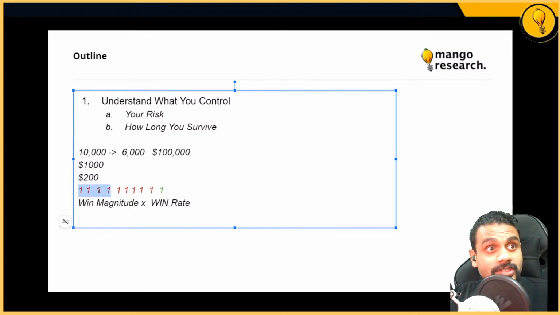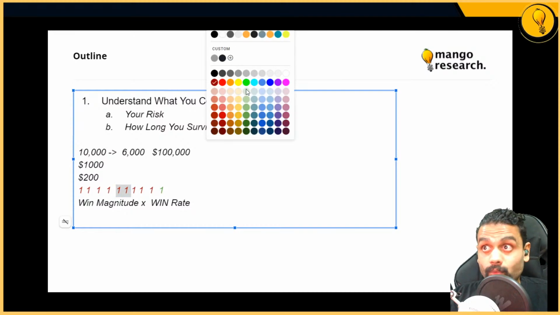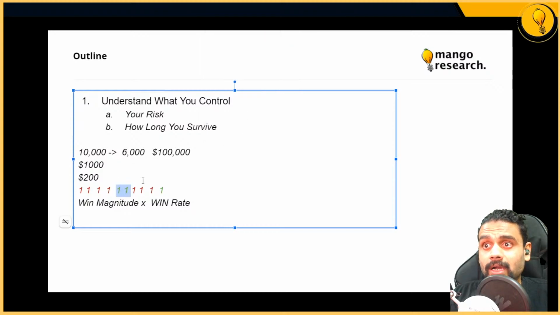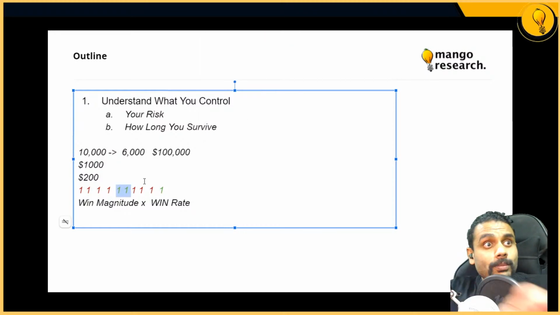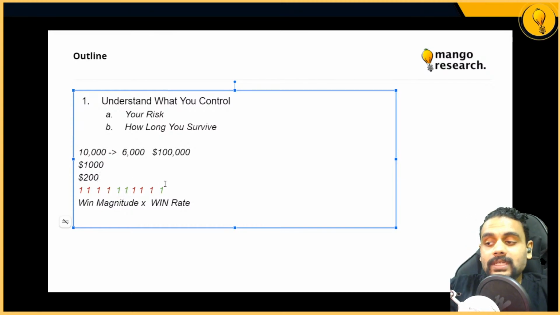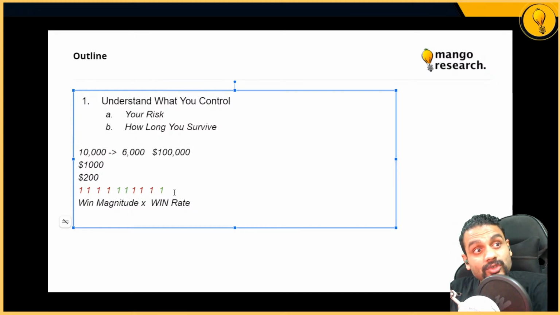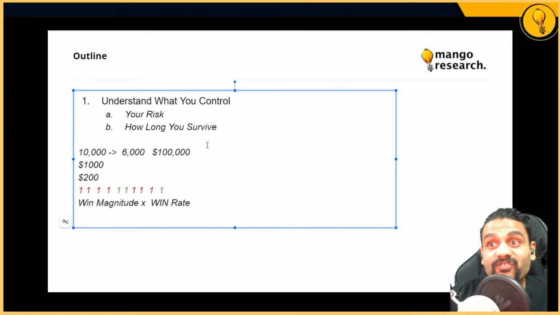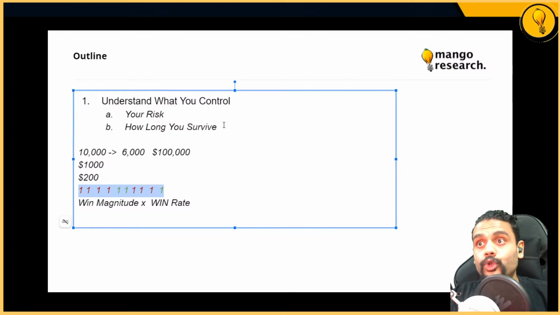I may take 4 losses in a row before I catch 1 big winner or 2 big winners in a row, which is what we had recently, right? Bitcoin chopped us out a couple of trades, and then we got 2 huge wins, right? And it happens so frequently now where the losses don't even faze me a tad bit. But you need to sit through the initial phase of sitting through your strategy. If you let yourself die out on your first trade and you don't give yourself enough time to sit through your strategy, you do not give yourself enough time to survive.